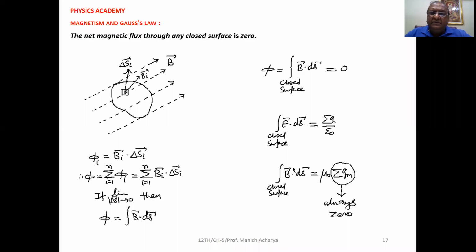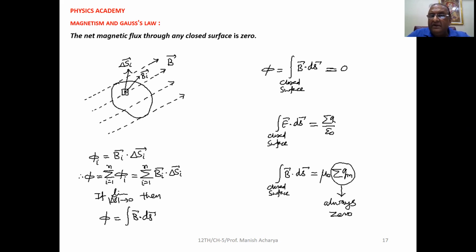Clear? Now see, for electrostatics, we write the Gauss's law, that is integration E dot ds over the closed surface, that is sigma q upon epsilon 0. Now, exactly like this one, if we write the Gauss's law for magnetism, then integration B dot ds over the closed surface, that is the magnetic flux through any closed surface, that is equal to, now constant of magnetics, so that is mu 0. So here 1 upon epsilon 0, here the constant is mu 0. Sigma q, that is the algebraic summation of the electric charges. So here sigma qm, that is the algebraic summation of